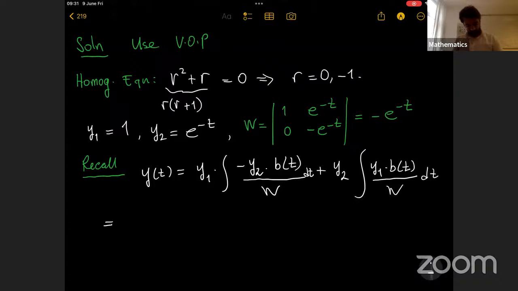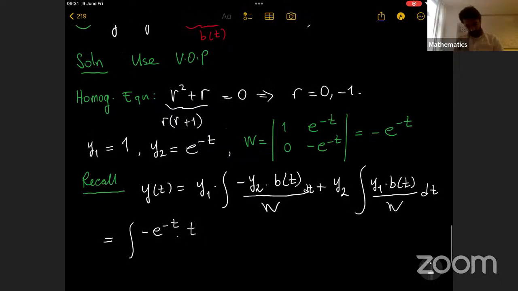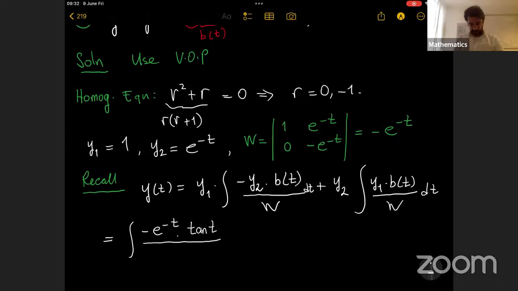So this is going to be y1 is 1. So integral minus e to the minus t times tangent t over e to the minus t minus e to the minus t. This is w, okay? dt. It's not too bad, okay? We can find it. Plus